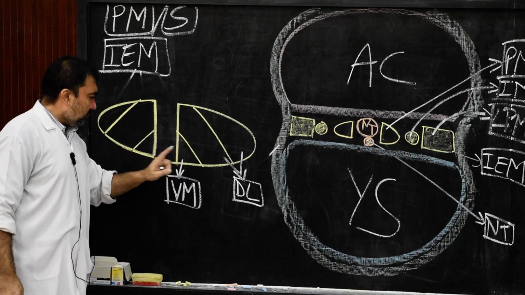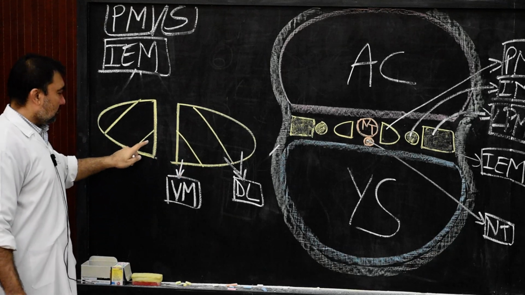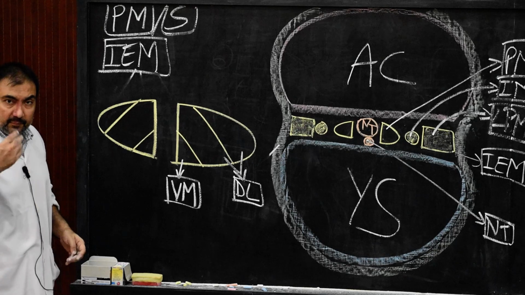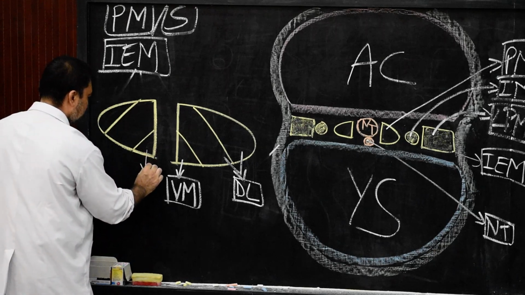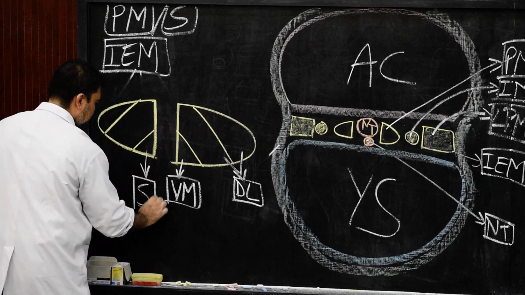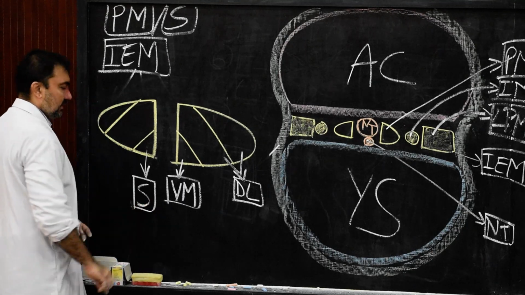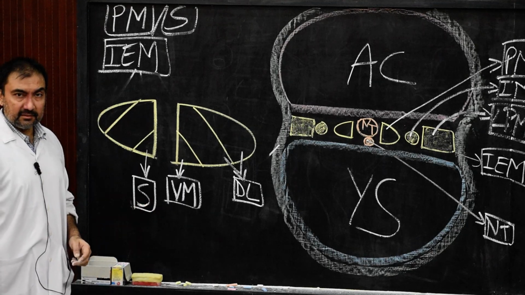Now the ventromedial portion of the somites will develop into sclerotome. That will be known as sclerotome. So here I will write down sclerotome portion of the somites. Please note down, these are asked as 1 mark question answers.